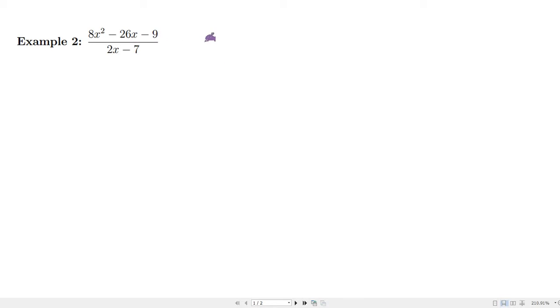So to set this up, you're going to do 2x minus 7, and we're going to divide the 8x squared minus 26x minus 9. So we cover up everything that we're dividing by except for the leading term of this 2x. And what do we need to multiply 2x by to get 8x squared? Well, we would need to multiply 2 by 4. Oops, this should have an x here. And we would need to multiply the x by x, so 4x. So just double check yourself. 4x times 2x is 8x squared. So that's the correct